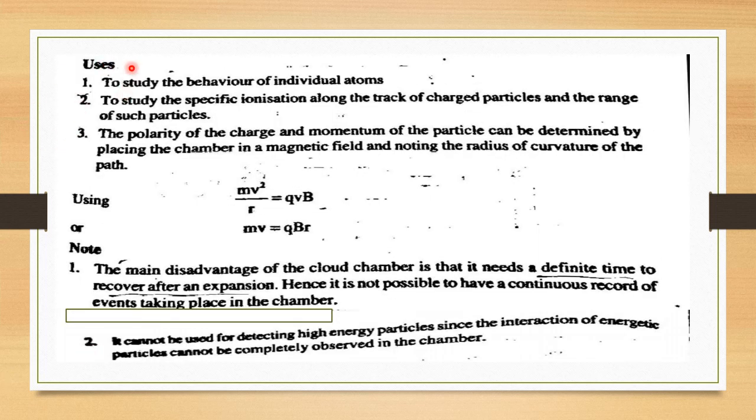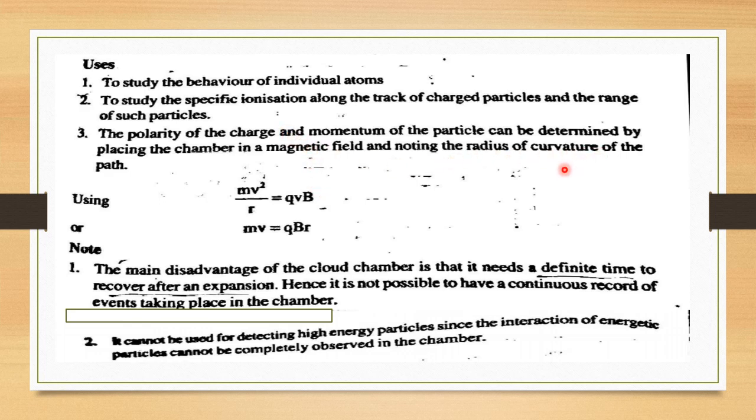Now what are the uses of this process? First, to study the behavior of individual atoms. Second is to study the specific ionization along the track of a charged particle and the range of such particles. Third, the polarity of the charge and momentum of the particle can be determined by placing the chamber in a magnetic field. When we place this chamber in a magnetic field, the charged particle can